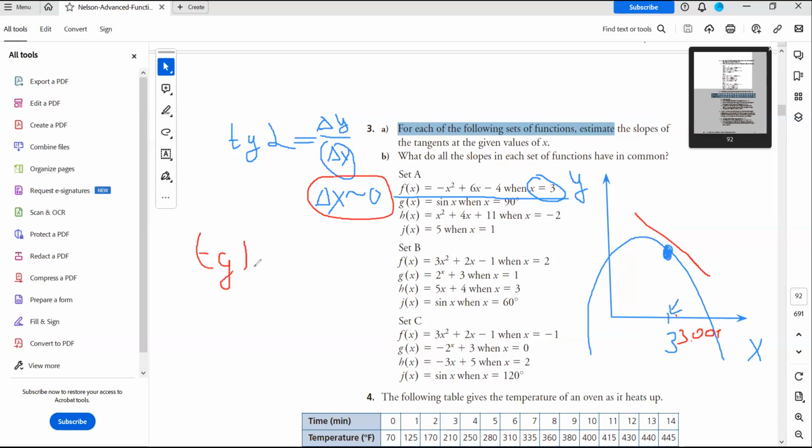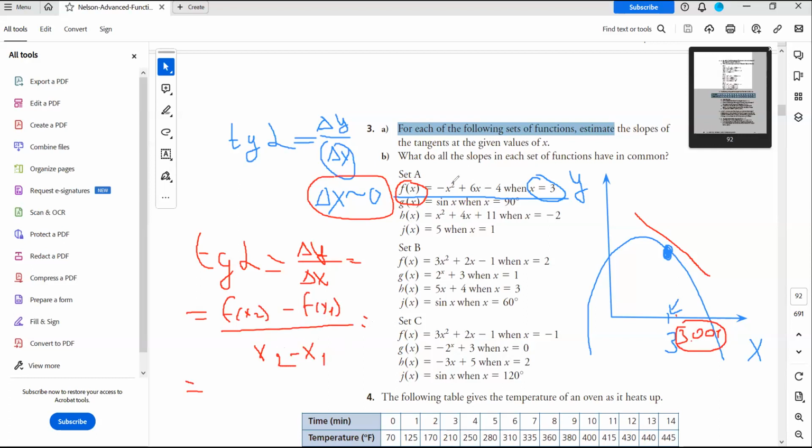So now I will add my tangent alpha, delta y over delta x, where the change in the y-axis is my function f of x, right? f of x2, my second point, subtract f of x1, my first point, divided by x2 minus x1, which equals f of x2. x2 is 3.001. This is my function. So I write negative 3.001 squared, right? First we raise it to the power and then we add the minus in front of it,